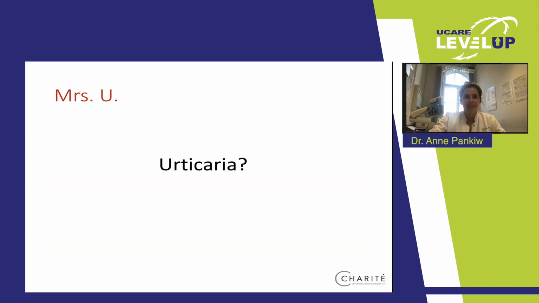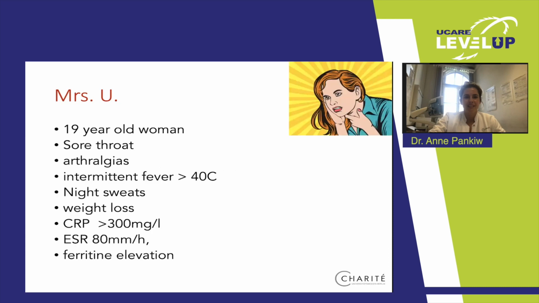But after this, I asked her if she has any more symptoms. And then she described she has a sore throat, arthralgias, also intermittent fever, 40 degrees, night sweats, and a white loss. And in the blood, we saw CRP more than 300 and ESR more than 80 millimeter per hour and ferritin